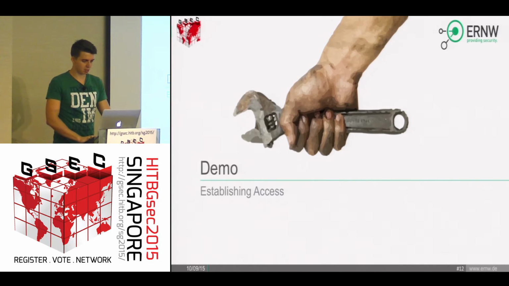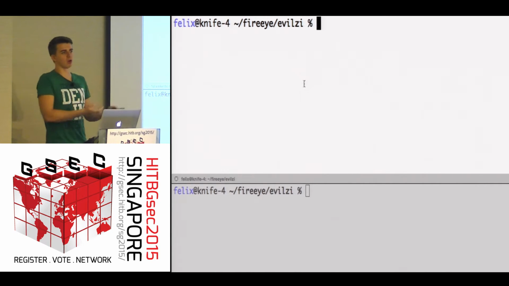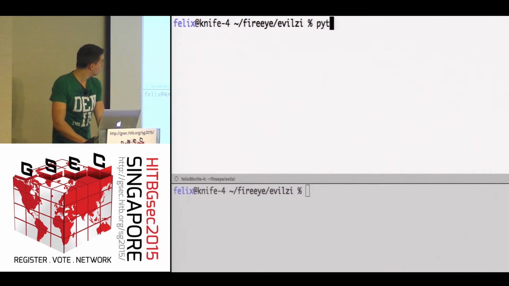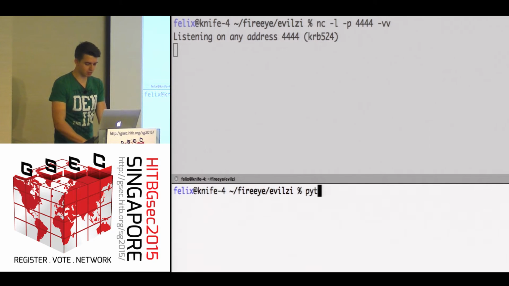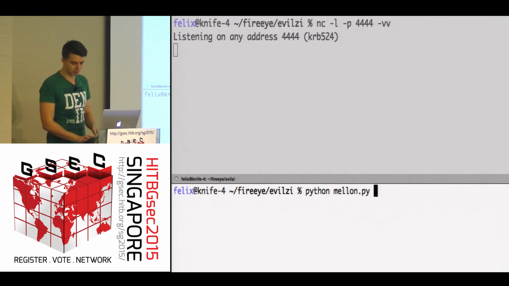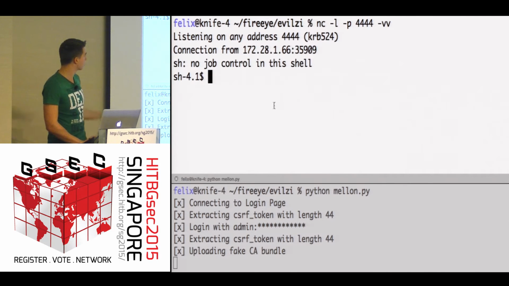So I have a demo for that. As I said before, I can't show you the web interface, so you can actually exploit this using your browser because you just have to upload a fake certificate bundle. But because I can't show you the web interface, I just wrote a crappy Python script which performs the two HTTP requests you need. And yeah, you can see I log in with a hard-coded password. This is post-authentication, so I have valid credentials for the device, and I get